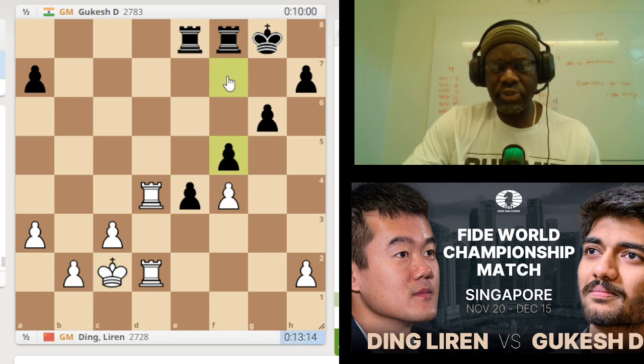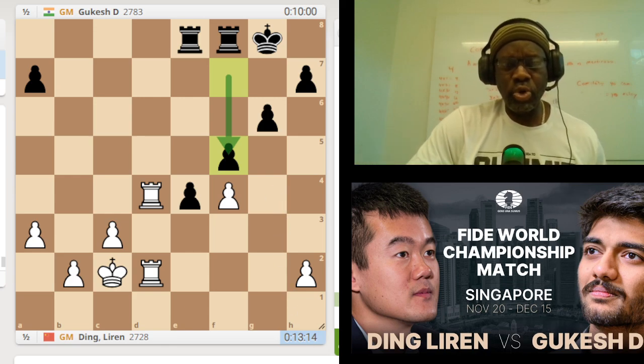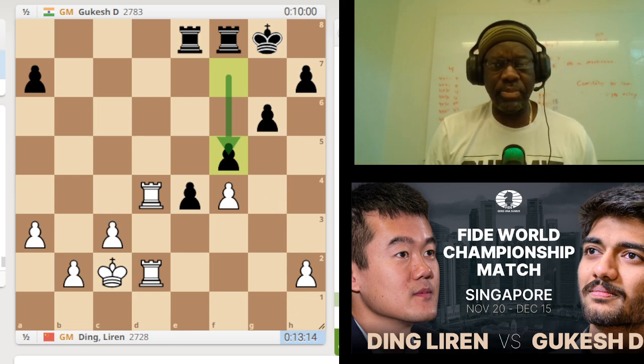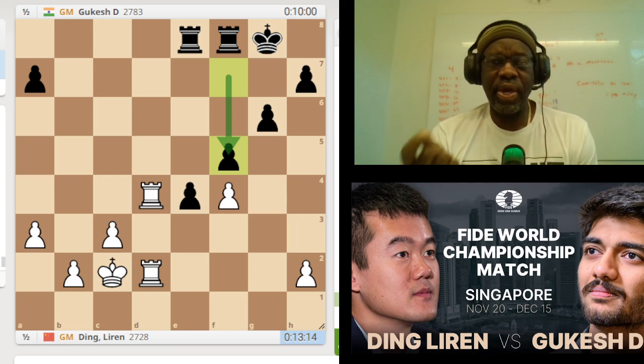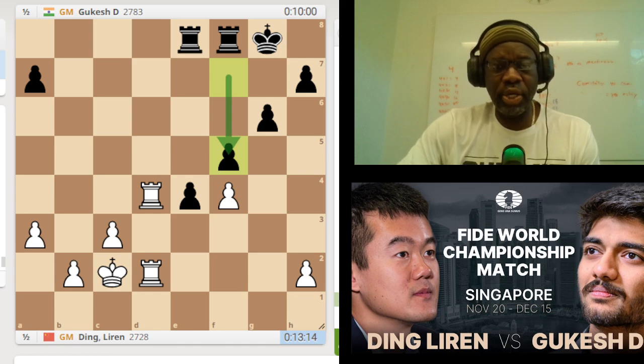f5. Now it makes a lot of sense to play f5. Like I said, earlier we couldn't really try to move the pawns in front of the king, because if we do that, we might end up exposing our king while the queen's on board, and that would not be such a good idea. So after the move f5,